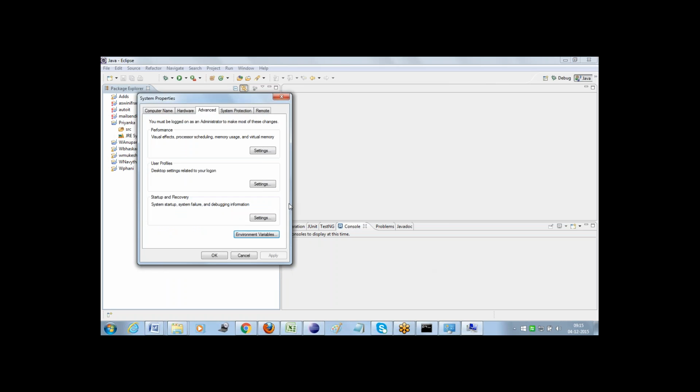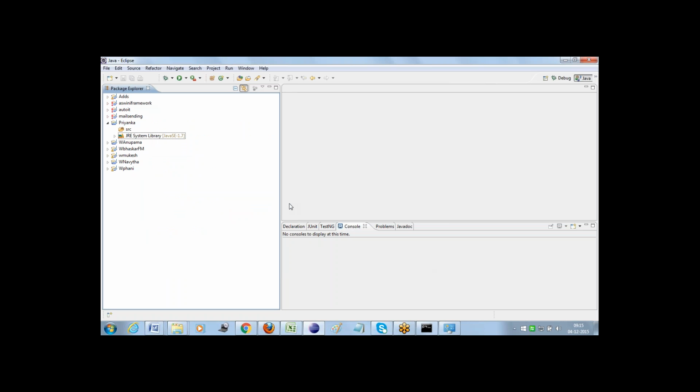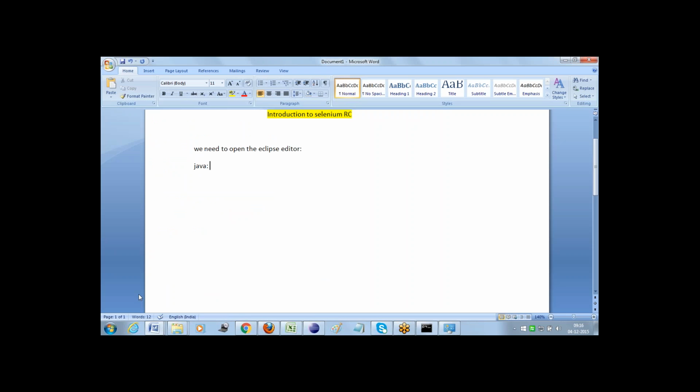Okay, that's fine, guys. The point is that here we need to create a package under the SRC, and we need to write our programs under a package. So what exactly does a package mean?